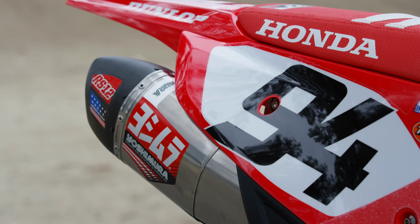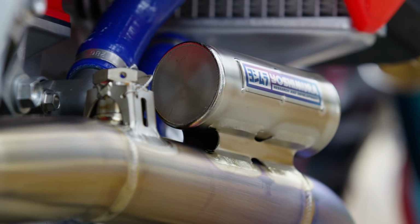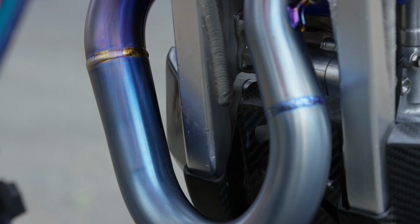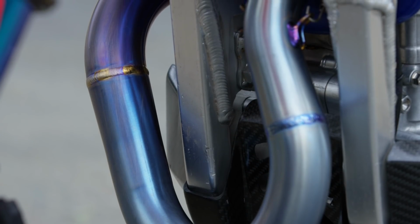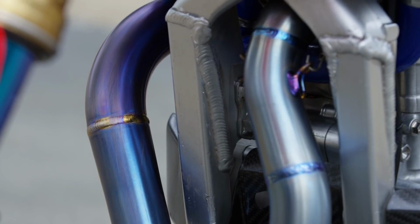It is handmade by one individual in-house, where the rest of the parts usually come off a normal assembly line, and small things such as the resonance chamber are added, sometimes the can length and the core size is changed, all depending on the engine package and just the fine details of what they're looking for. Not necessarily saying this exhaust is better than the one off the showroom floor, but it's adapted specifically to their